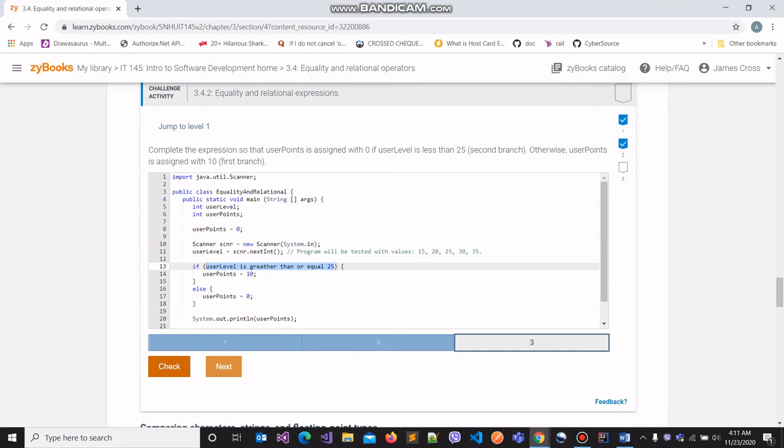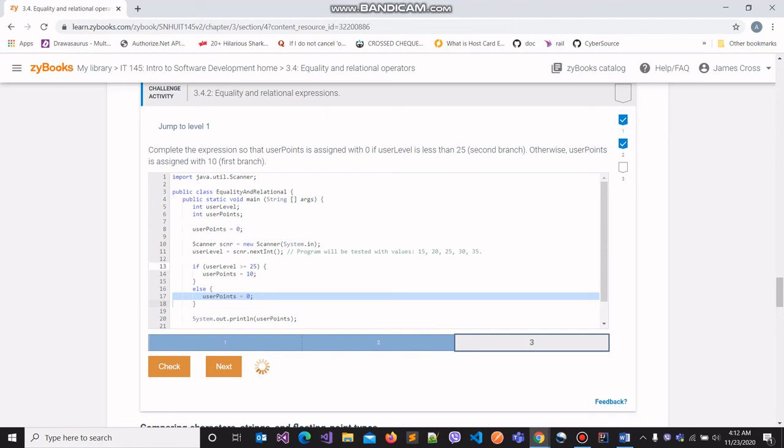So we'll use the relational operator to compare the value in userLevel and 25. If the value in userLevel is either 25 or greater, then the value 10 is assigned to userPoints, otherwise 0 is assigned to userPoints.